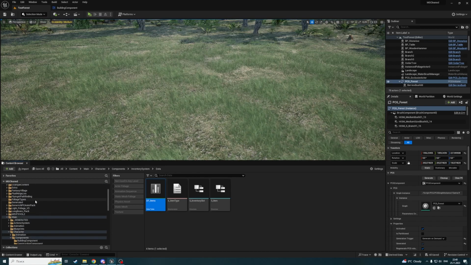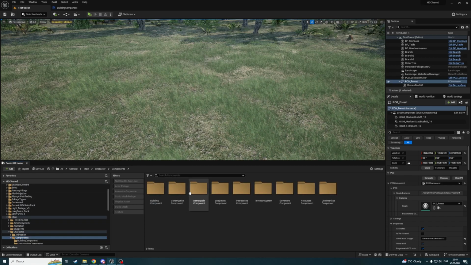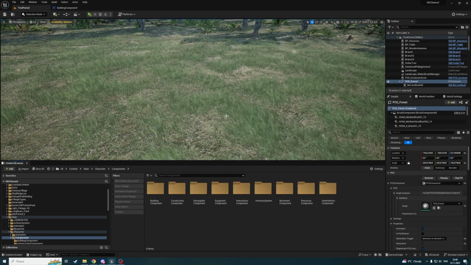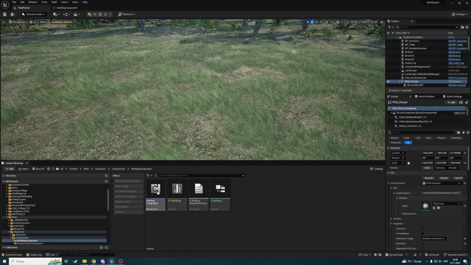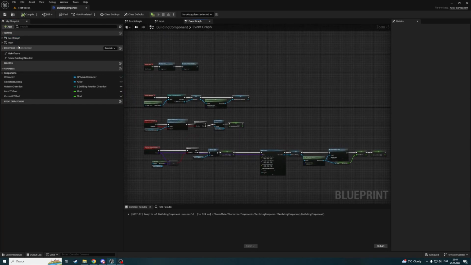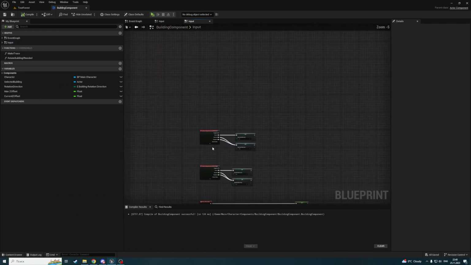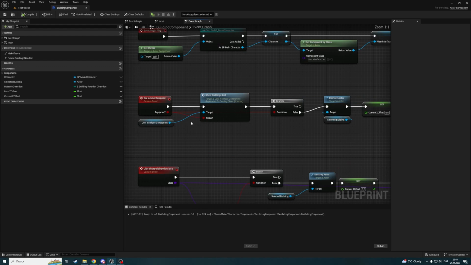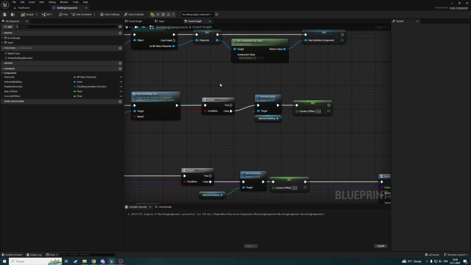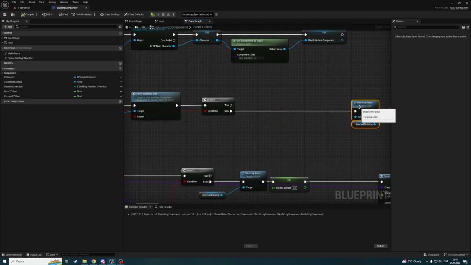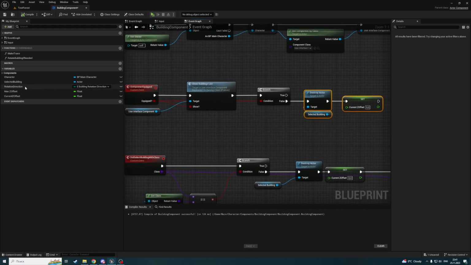So let's start. First, we will show the whole building when our instrument is not equipped. For this, I'm opening the building component input, and here I have not an input, just the event graph. Here we already added destroying a current selected building if something is de-equipped. Also, if something is de-equipped, I have to set every building on a scene and type